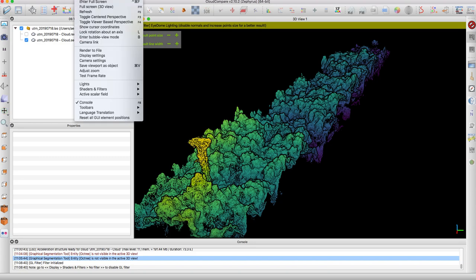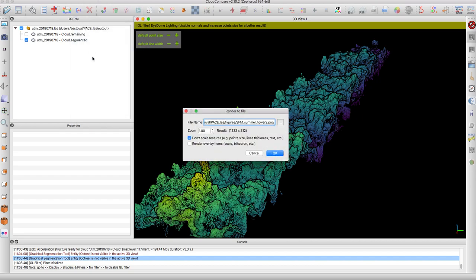On my computer, I'm clicking the display menu. This screen capture is not getting that full thing, but click display and go down to render to file. And so what I'm going to do is create an image based on the window within CloudCompare. And so we'll just name it test